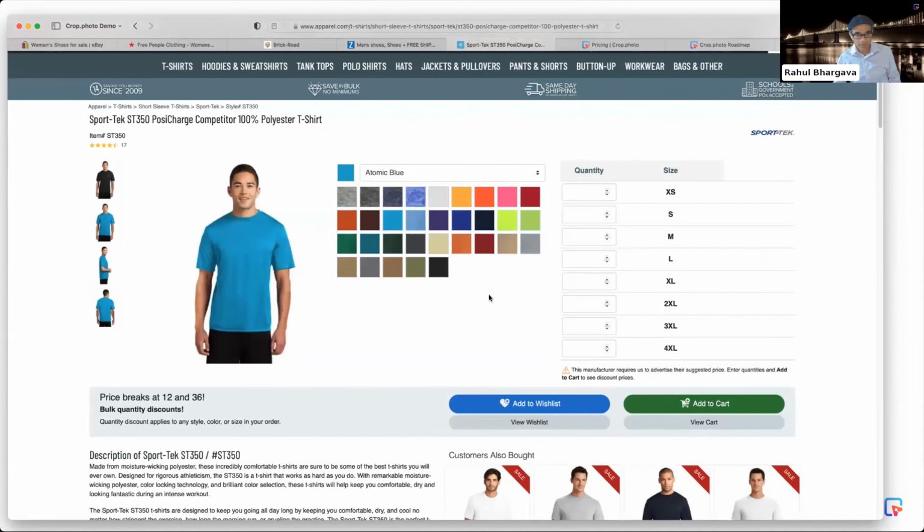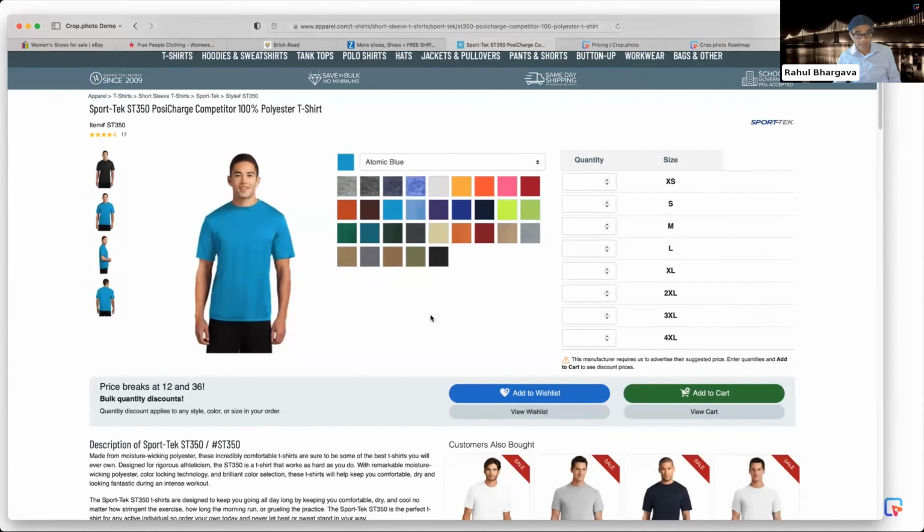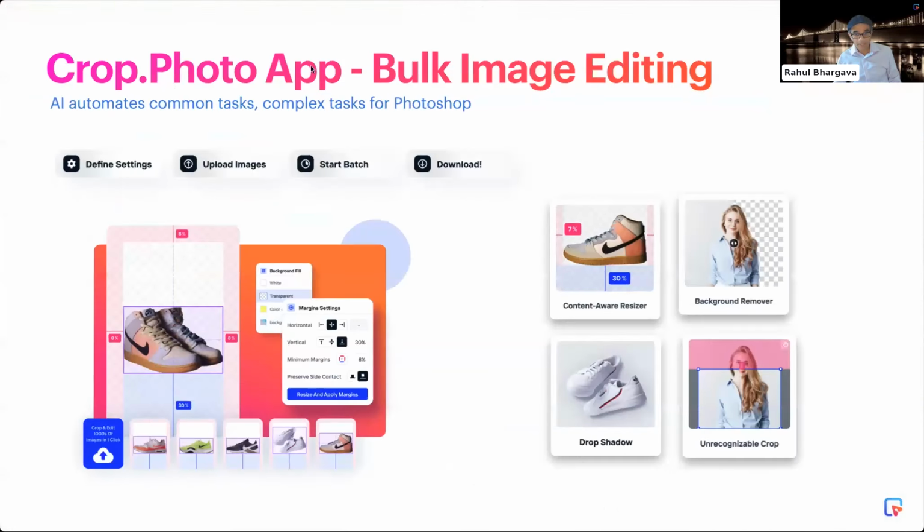Here's an example of a small store that has, for the same product SKU, many different styles. They might go through like 50 styles of t-shirts, and they need to create 4 or 5 variants. So for just one t-shirt SKU, there might be hundreds of images, and AI is perfect for that. So these are some of the things that you can expect AI to handle.